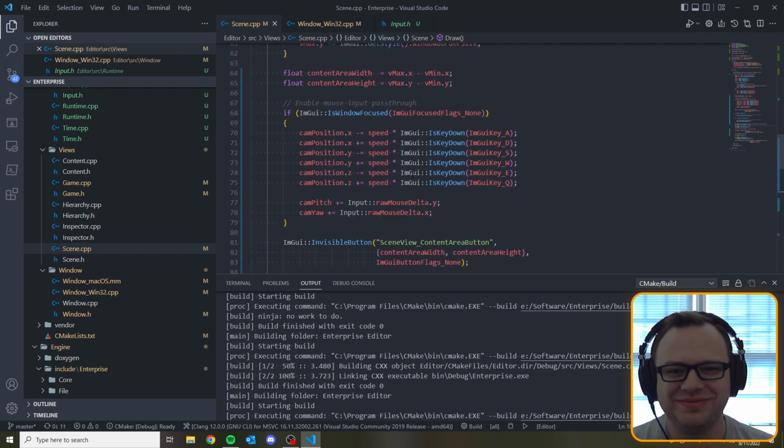Where did they go? All right, scroll right past it. Yeah, so we got the delta here. We'll do mouse scaling